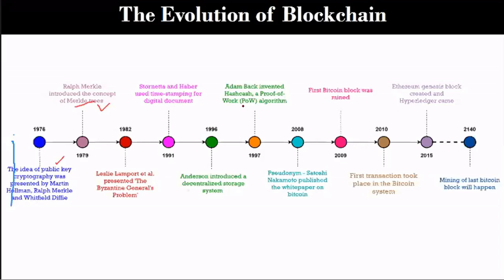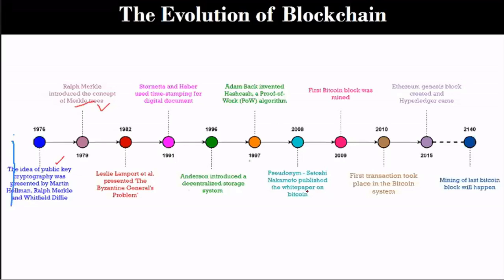What we discussed in the process flow of the blockchain, that every miner tries to solve a cryptographic puzzle by trying different values of nonce and getting the hash value that meets the difficulty level, is actually the proof of work consensus algorithm, right? And as you can see, Adam Back invented Hashcash and the proof of work algorithm